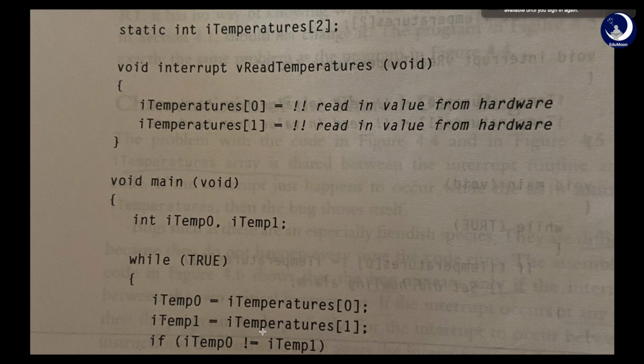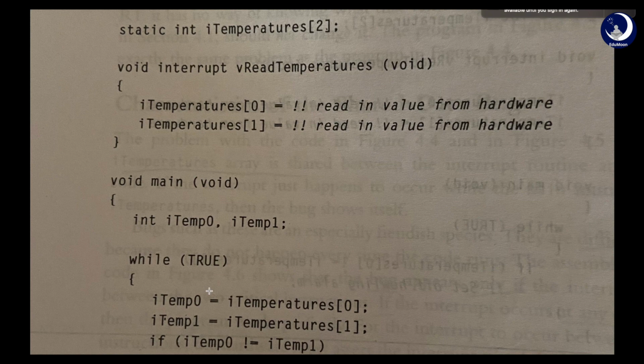When the microprocessor compares the I temp of 0 and I temp of 1, here we are comparing if this is not equal to this. Say it is 73. When the interrupt routine ended, the microprocessor will continue with this line of code, and here you're using an if condition to compare these two temperatures.